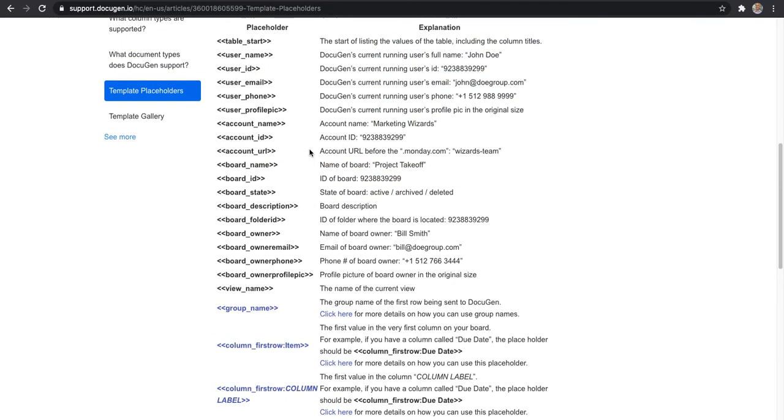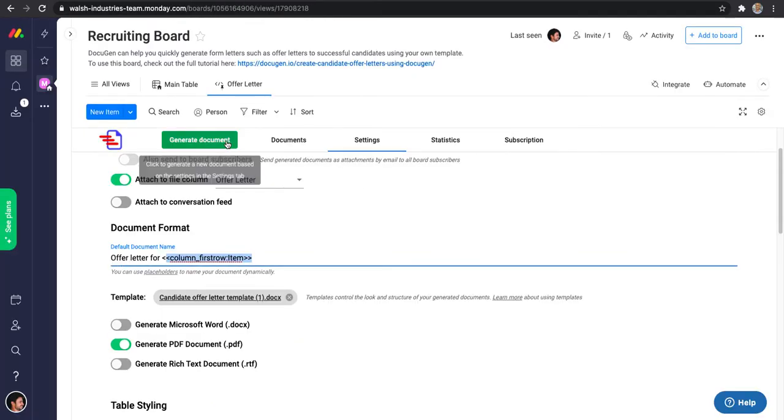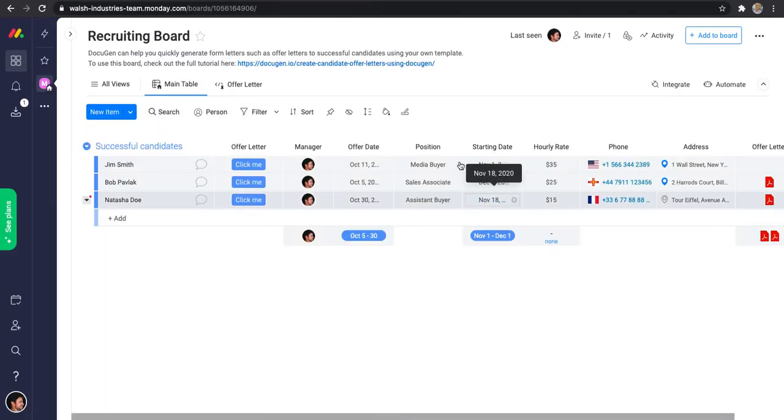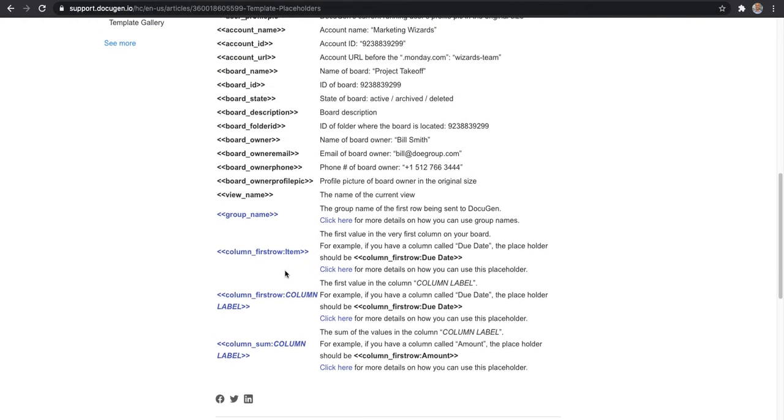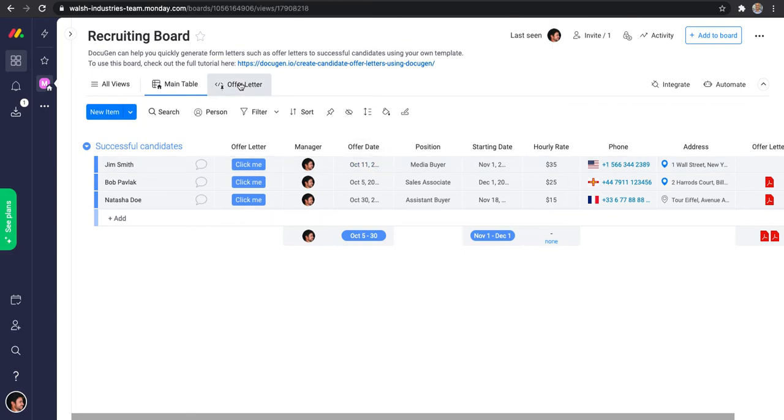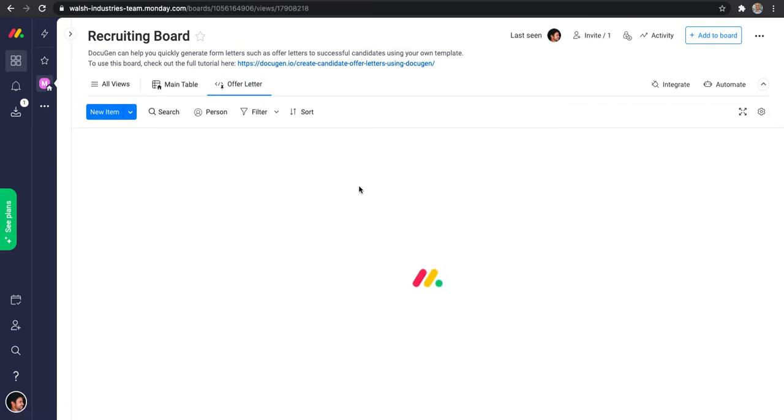Let us say, for example, that instead of the candidate's name, I would like to bring in, as a name of the file, the position as well. That will require me to use this placeholder here, which is called column first row and then the column label. So I'm going to copy that. I'm going to go to my board. I'll go to the DocuGen view